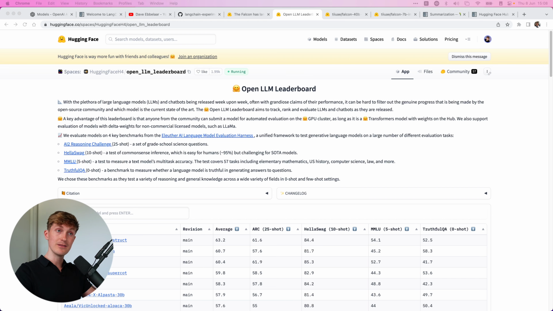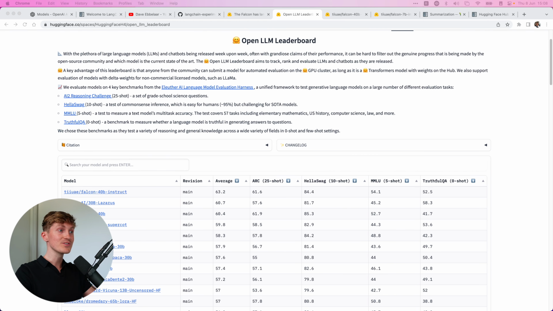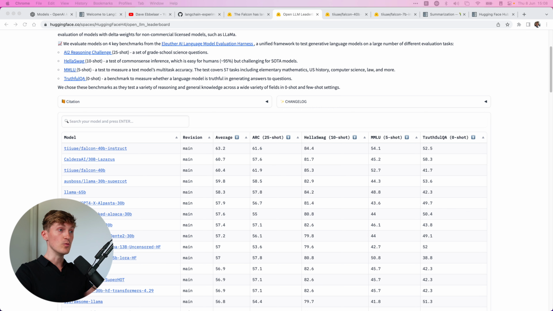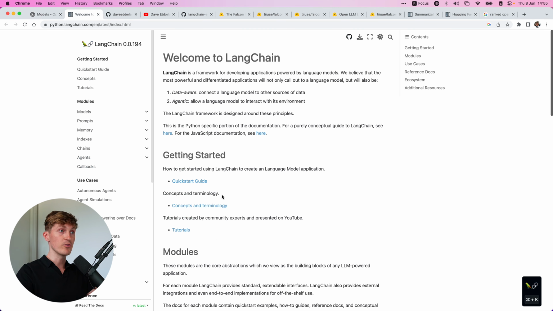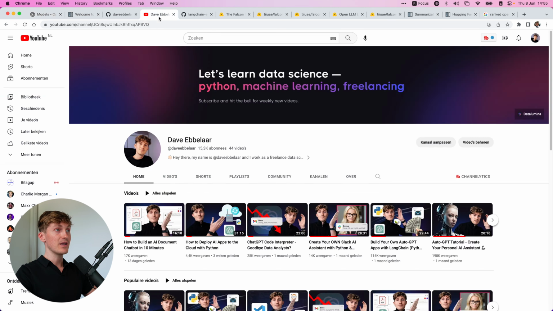So if you are serious about learning how to work with large language models, then this is an essential skill. You must be able to work with different models. If you are into creating applications with large language models, then you know that the current golden standard is to use the models from OpenAI and then pair it up with a framework like LangChain to hook it all up and create your applications. And that is something I've been covering on my YouTube channel, lots of examples there, but